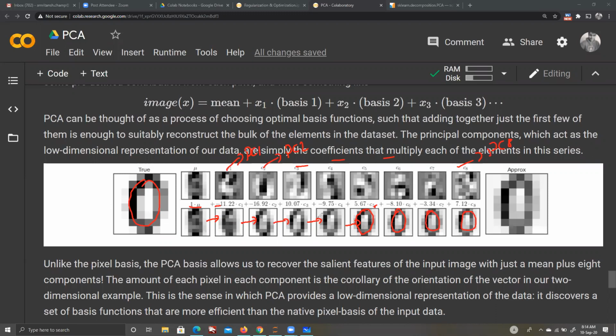Initially you can see there is a lot of difference, but after a while it starts to stabilize. Why? Because as you go along, the next PCs can only explain a very low amount of variance. So even if you keep adding all the results, after a while it stabilizes. And even after adding till 8, we are able to get this picture. Now there might be a small difference between the original and the approximation picture, I agree with that. But don't you think, if I can get something done with a mean and 8 PCs, why would I go for any other feature reduction technique? Does this make sense?